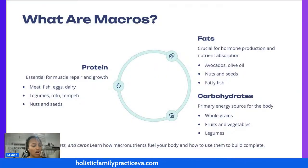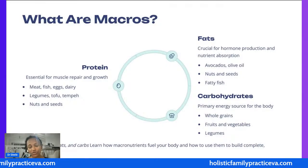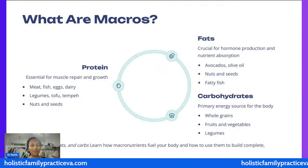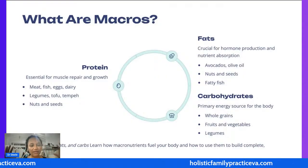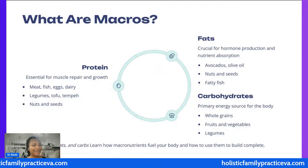And then your carbohydrates, which is where we get our short-term energy stores and our primary energy source of our body, is going to be more of our fruits and veggies, legumes, and our whole grains. So we call them macro because they're big molecules and we need other nutrients to break that down. So for instance, for our proteins, we need